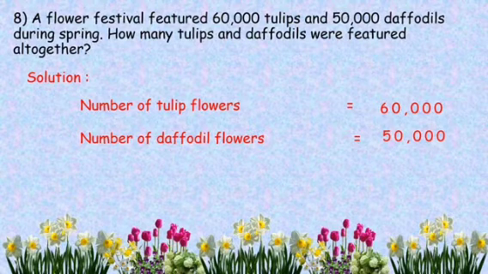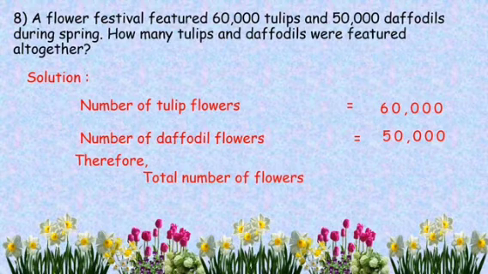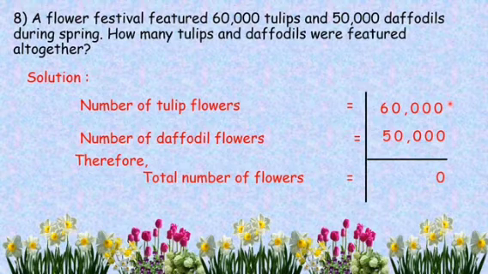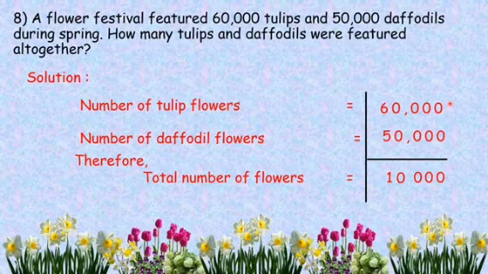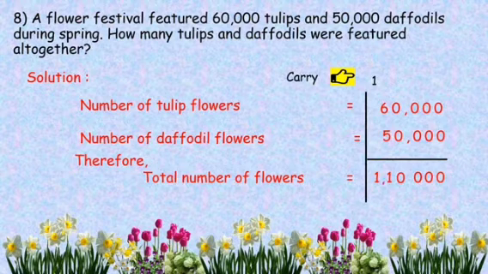So therefore total number of flowers featured in the festival is equal to, we'll have to add both of them. All four digits we can have 0 here. Then here 6 plus 5 is 11. So 1 gets carried. So the total sum becomes 1,10,000 flowers